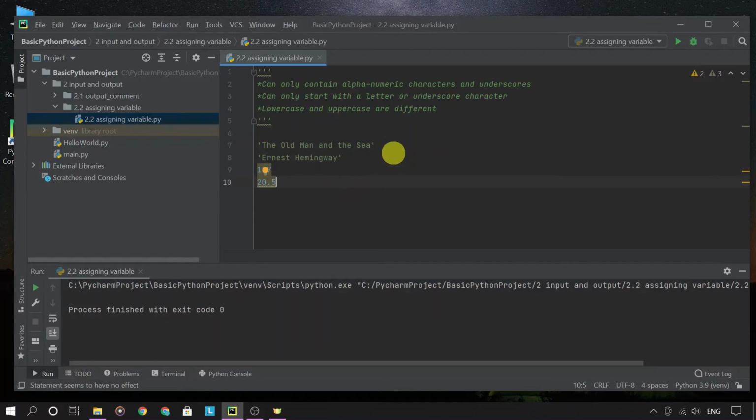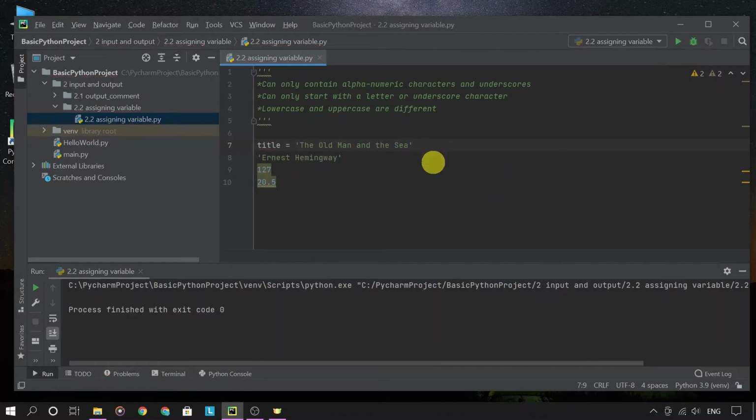Right now, all the data is stored somewhere in memory, but we cannot call it or tell the program to find it, because there is no way of referencing it, and the computer doesn't know when we want to pull the value out. So to refer to the values, the best way is to give it a name. For example, I'm gonna go ahead and type title